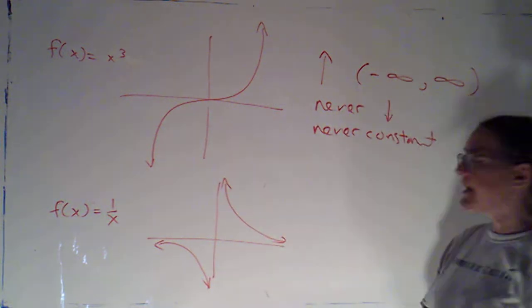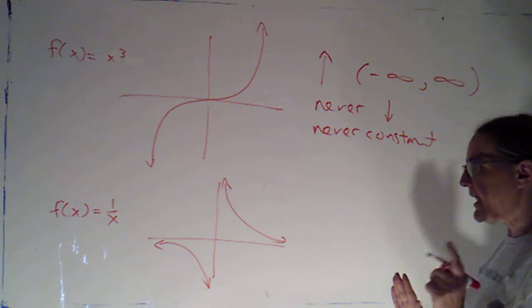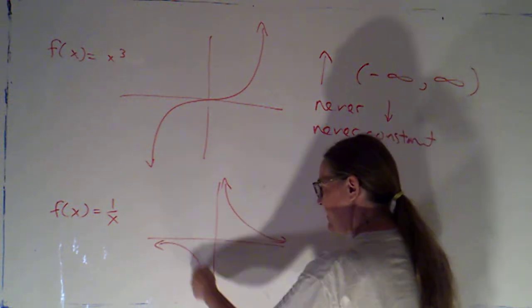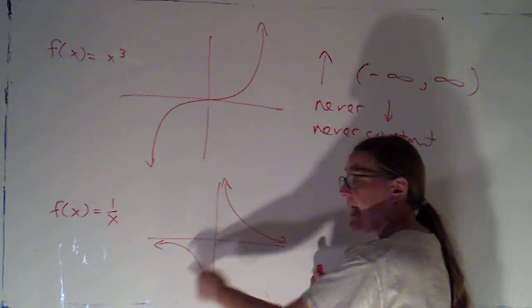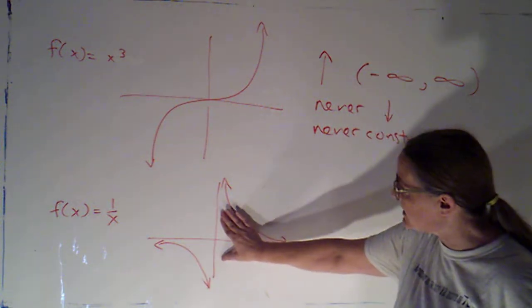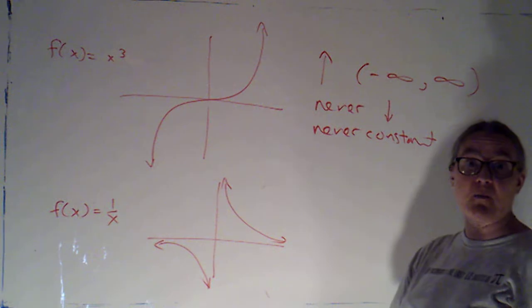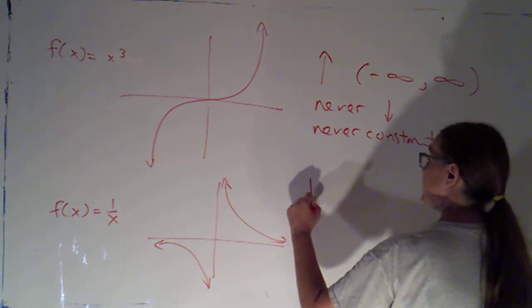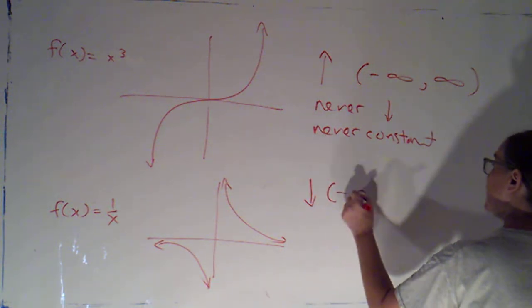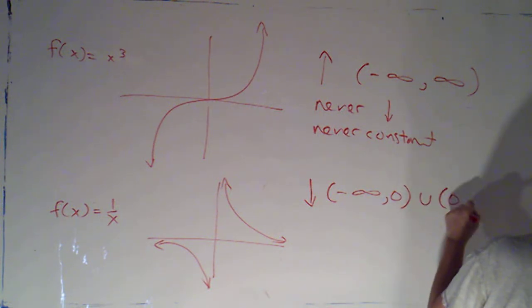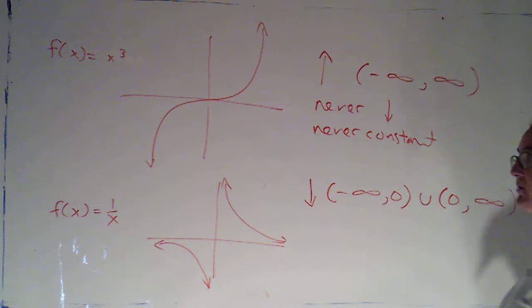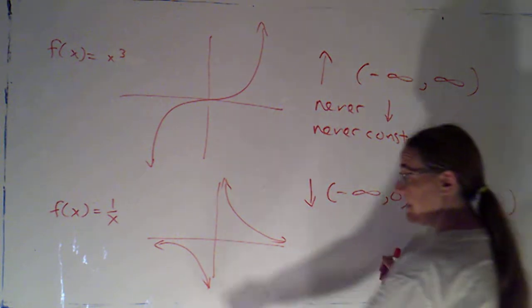So it's decreasing everywhere it's defined, but I have to recognize that in going from here to here, I have to jump because these pieces aren't connected. And they're not connected because 0 is not in the domain of this function. So this would be decreasing from negative infinity to 0, union from 0 to infinity. The function is never increasing, and